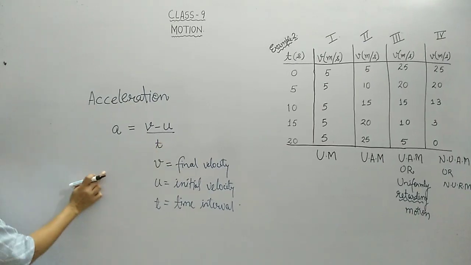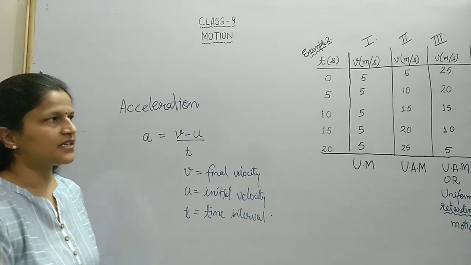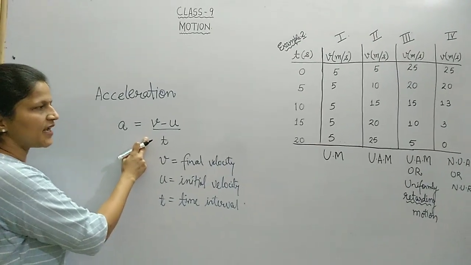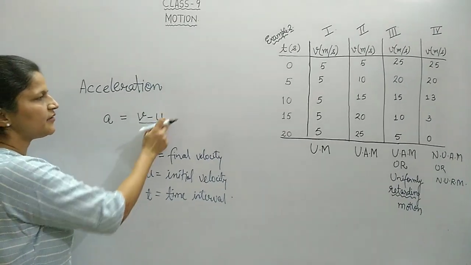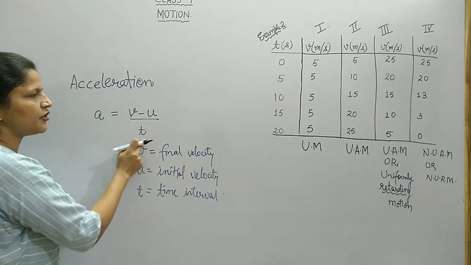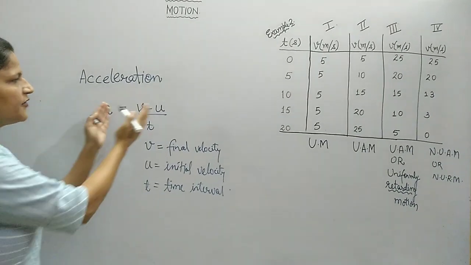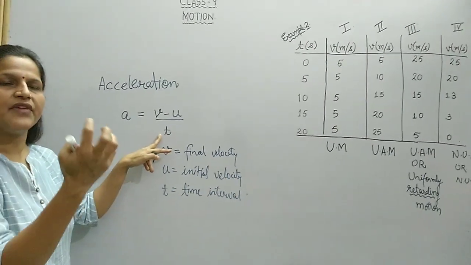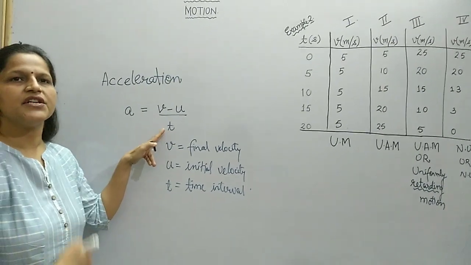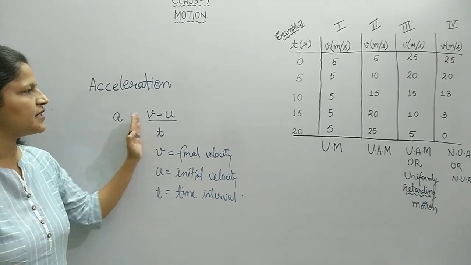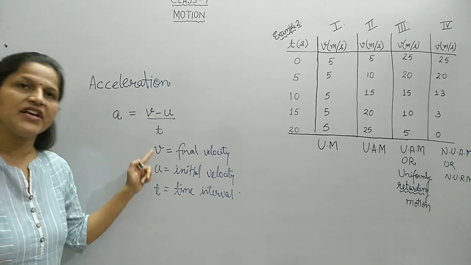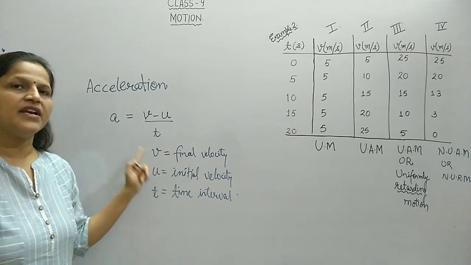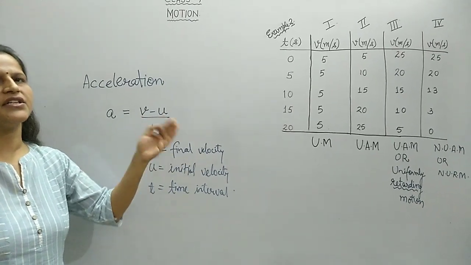Finding out this ratio, we find out how much acceleration is produced in the motion. Looking at the formula once again, in the numerator we have the change in velocity, in the denominator we have time. If the change in velocity is very large and the time interval is very small, then we say that the acceleration is very large. If some reasonable change is taking place in a very small time, then again the acceleration will be large. If the time interval is more, then the acceleration will be lesser.